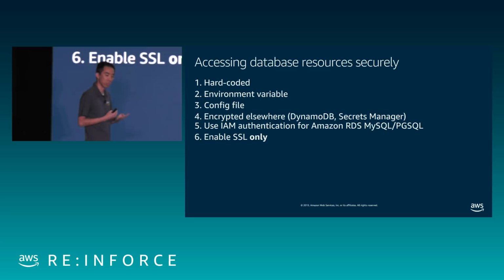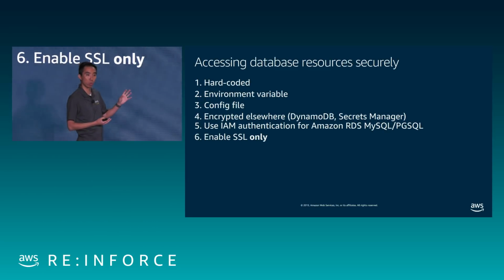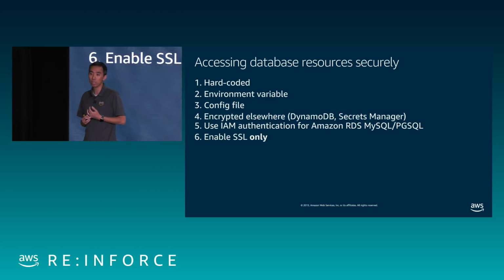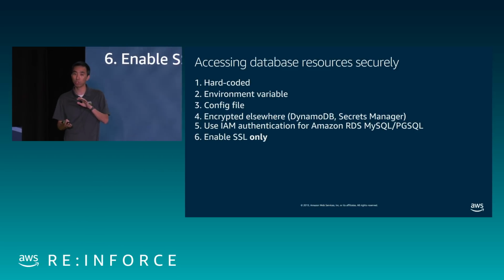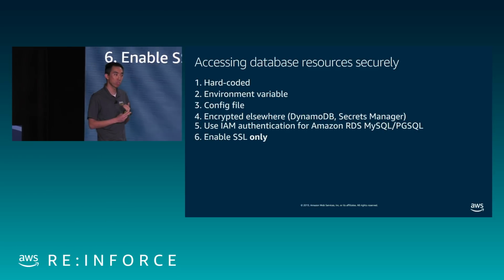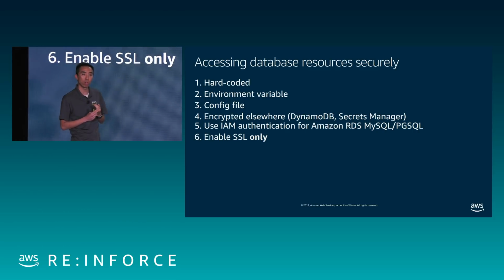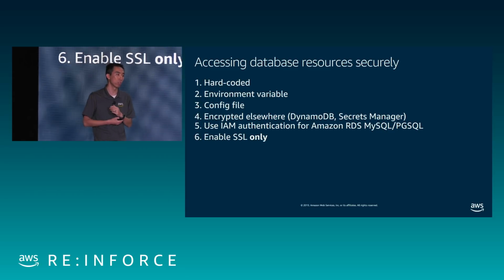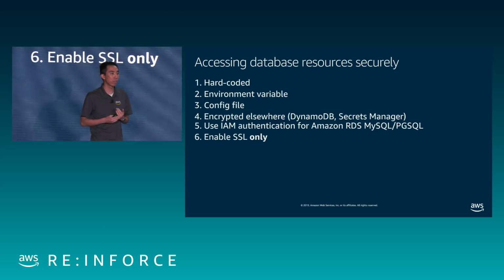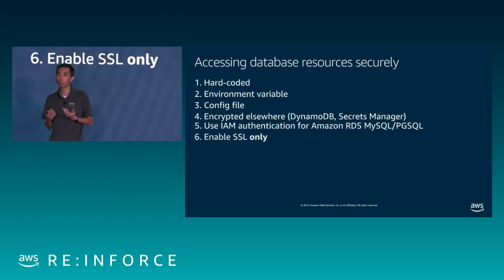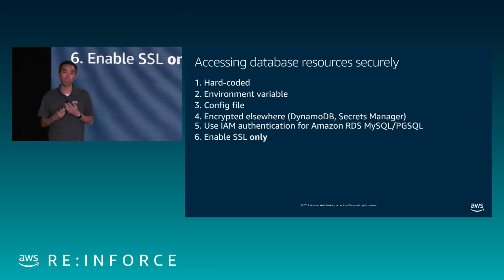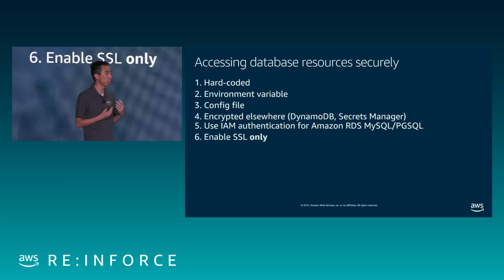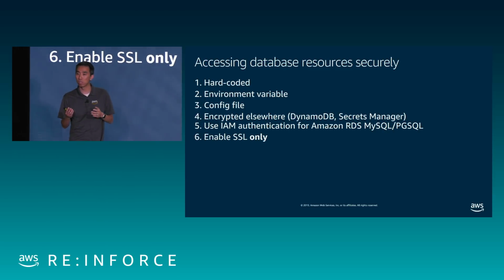Number 4, is to externalize into another data source that's not hard-coded. So I would take a look at DynamoDB as a really great environment for storing configuration for your Lambda functions. DynamoDB supports encryption at rest, and you can also encrypt these variables or these strings as you insert them into your table. Secrets Manager is a fairly new service. It has all of these capabilities built out of the box, including automatic secret rotation. So if you have corporate policies that say secrets have to be rotated every 30, 60 days, Secrets Manager can